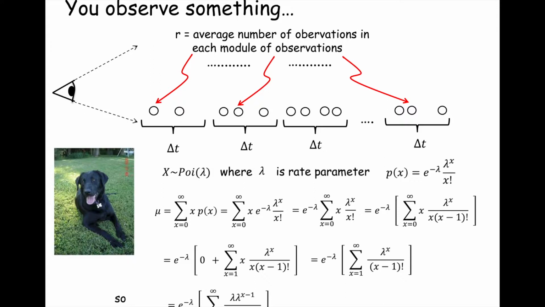And then I factor out that single copy of lambda, lambda to the 1 power, and I have lambda times lambda to the x minus 1 upon x minus 1 quantity factorial. Okay, does that make sense? Okay, so now I say, gosh, well, to be a Maclaurin series, the sum has to be from 0 to infinity, not from 1 to infinity. So I need to figure out a way to make that from 0 to infinity.